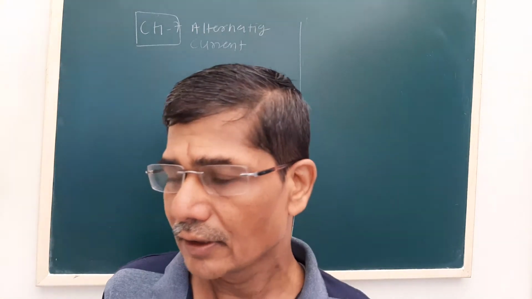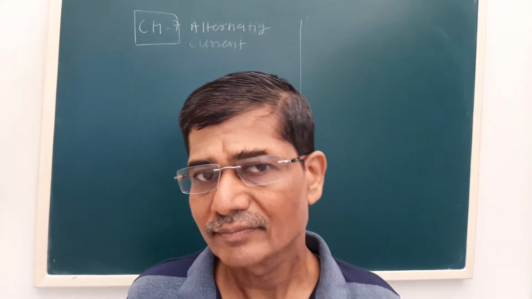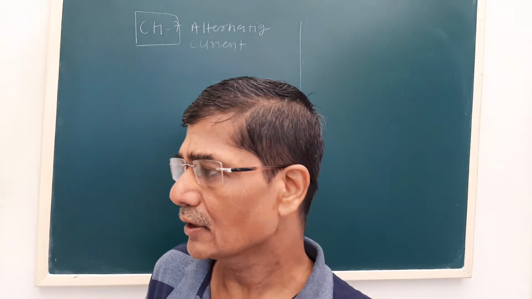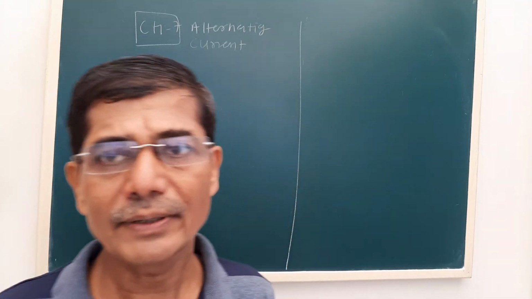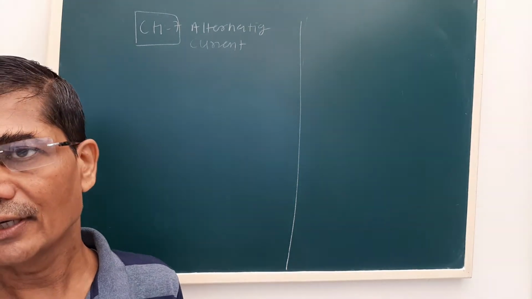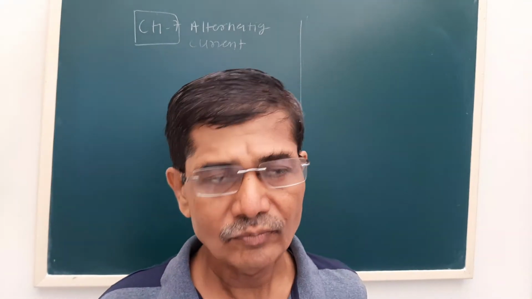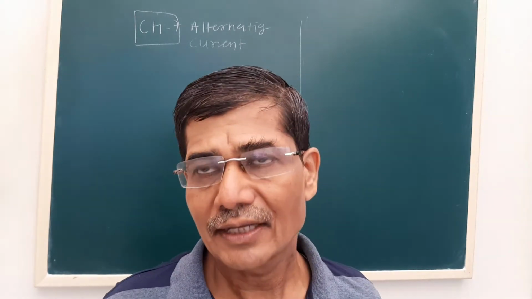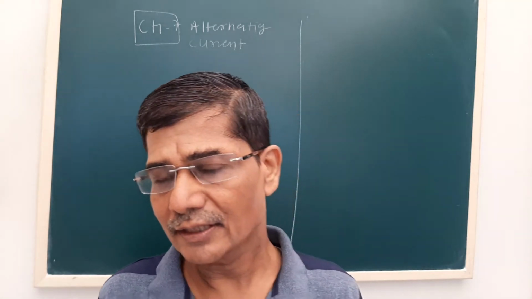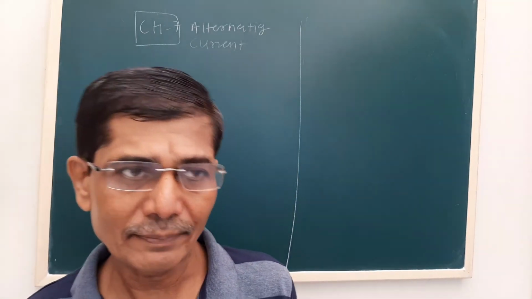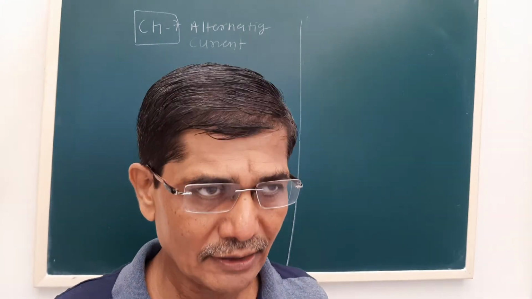Dear students, last time we started lesson number 7, that is alternating current. We discussed three cases: the current and the power in the AC circuit with only resistor, with only inductor, and with only capacitor. We saw an interesting thing: the numerical value of the power in the AC circuit with only inductor or a capacitor is 0. The current flowing in the circuit we called a wattless current.